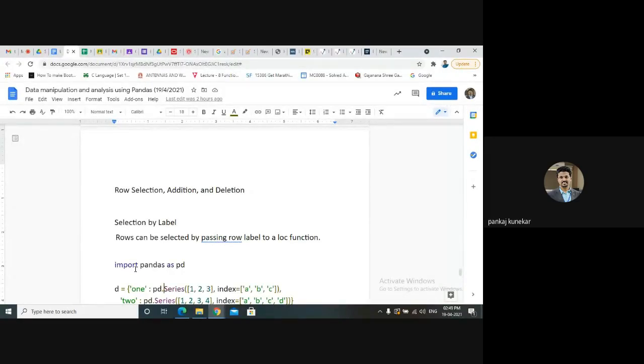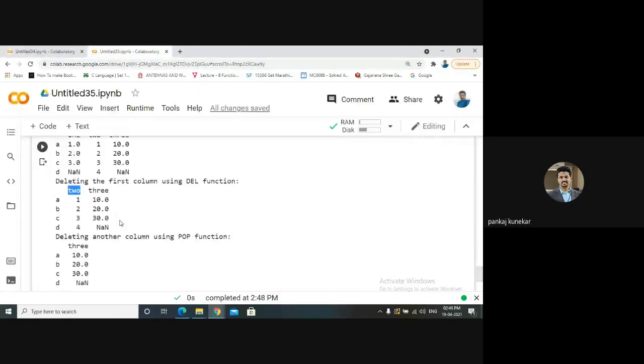There are two operations we can perform for row selection: we can select by label, and we can select by indices or position. So rows can be selected by using the loc function. So we have the loc function with us.